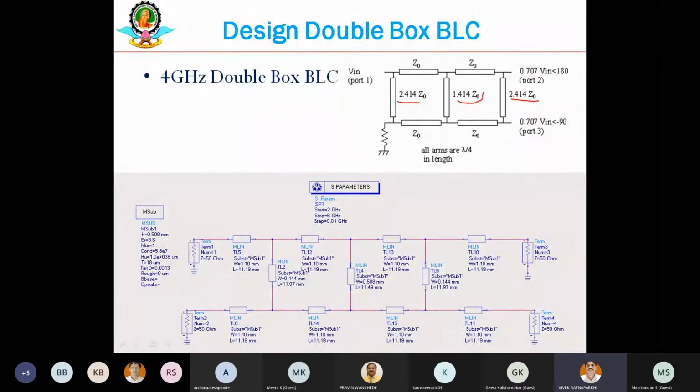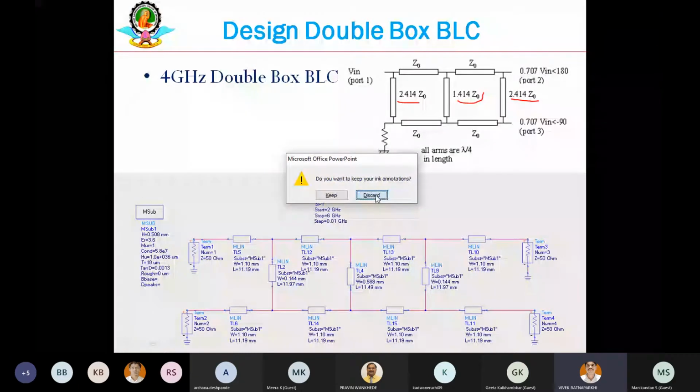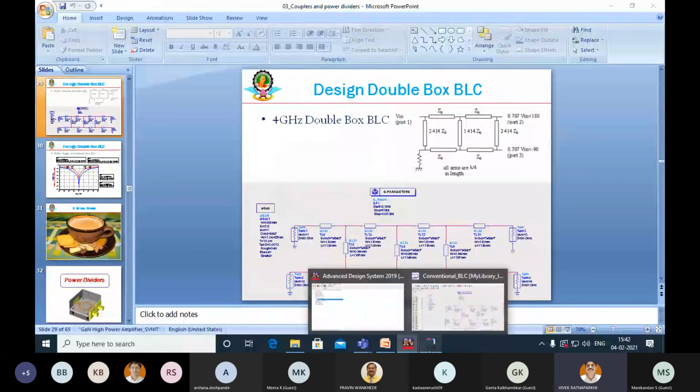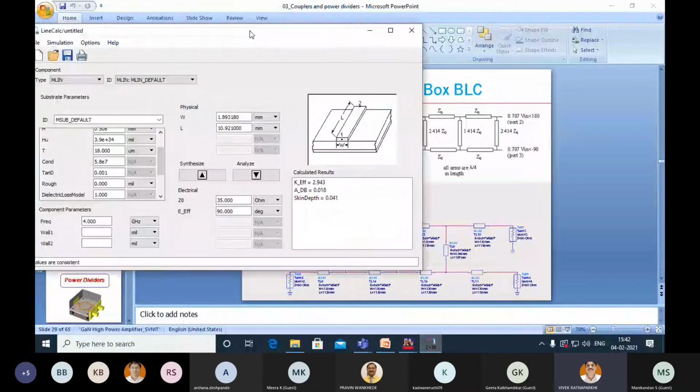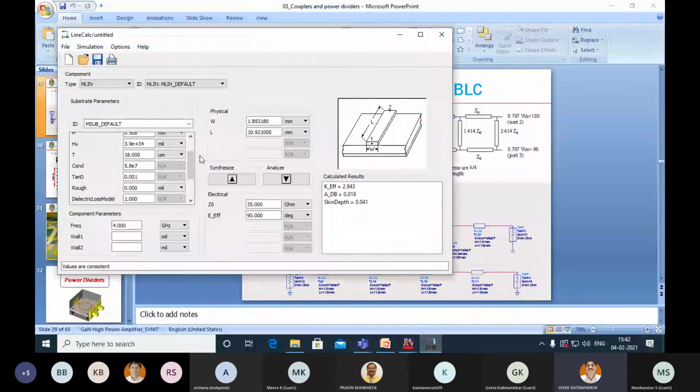As you have calculated for 50 ohm and 35 ohms, you have to calculate for 50 ohm, then 120.7 ohms and 70.7 ohms. So many a times we need not go to the LineCalc and recalculate the things. Please rely on me. I have already done those things, or otherwise I have kept the LineCalc open for all of you. Just I will ensure for 120.7 ohms. I will just show you. You please don't do this. Take blindly the values which I will be letting you know.